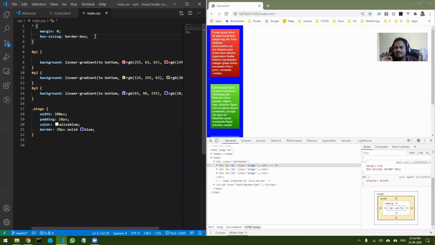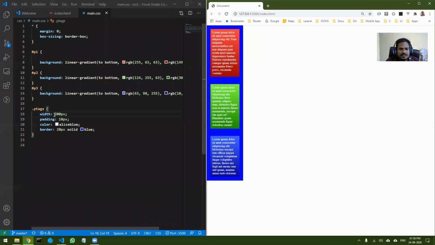Normally whenever we do layout designing, these two things should always be present in your layout. That is always your first line of code. Because of this, whatever dimensions you set will be accurately set. It will not increase or decrease. So if that is clear, let me go on to a few more different variations of dimensions.